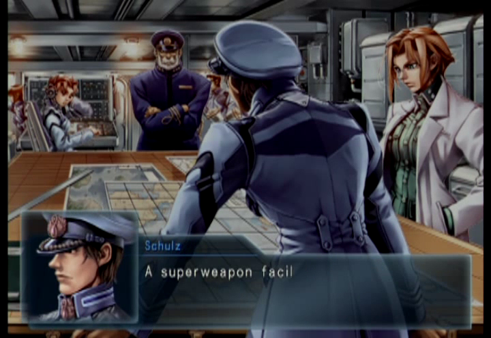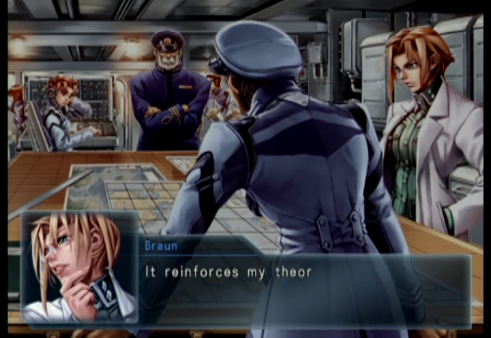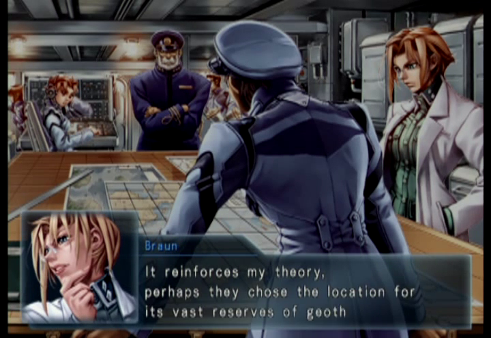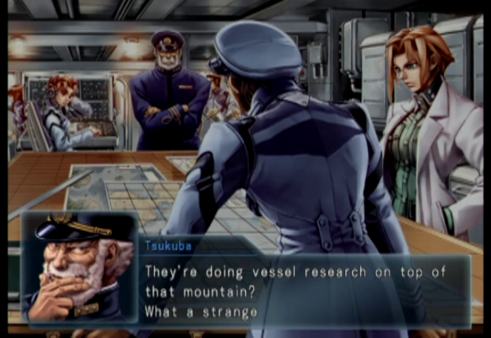A facility related to superweapons near a volcano. They must be dwarves. They use the volcano's magma to power their metal industry. Let's make door fortress right